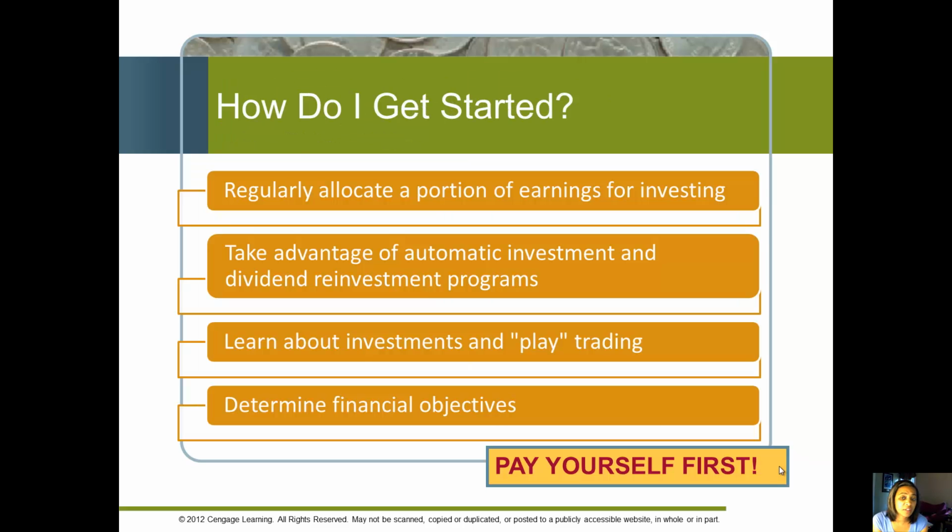So how do we get started? Well, one way to get started with investing is just to earmark a certain amount of your earnings each period for investing. So you can have that done automatically, and that's what makes it a habit. So you could take advantage of some automatic investing and/or dividend reinvestment programs to get your portfolio started and